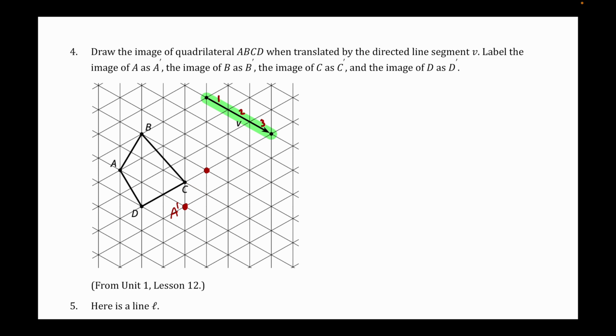So if we follow that directed line segment for point C, we should end up here. Oh, I should actually label B prime, so B prime and C prime. And then last but not least, if we follow that directed line segment for D, we should end up here, D prime. And now let's connect our dots and draw our whole polygon,